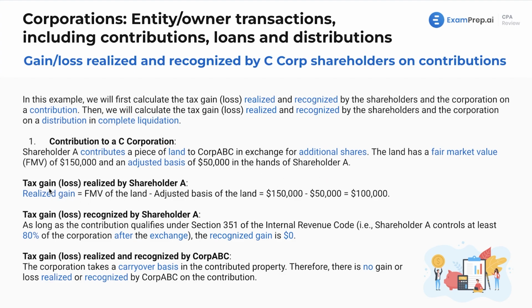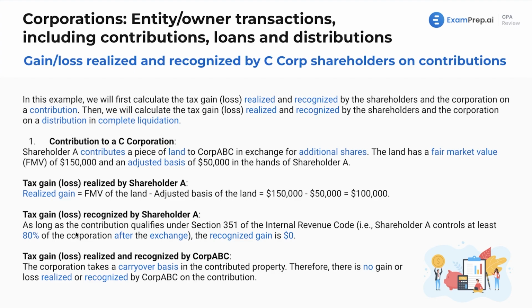So what is the tax gain or loss realized by shareholder A here? Well, the realized gain is going to be the fair market value of the land minus the adjusted basis of the land. 150 minus 50, giving us 100. What about recognized by shareholder A? Well, as long as the contribution qualifies for what we talked about, if you control at least 80%, then the recognized gain would be 0. Let's assume that's the case. But if it's not, you're going to pay tax on the difference as if you just sold it. So whatever the value of the stock you're getting in exchange there,